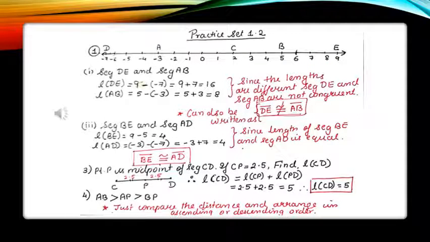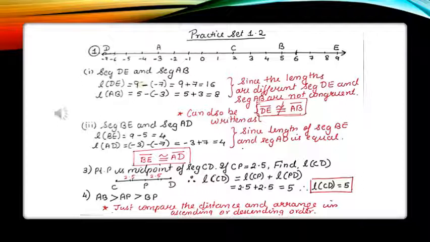So here we have drawn a number line for our reference. We have marked the coordinates given to us. They have told us to first find if DE is congruent to AB. So I have first found out the distance between segment DE and segment AB. So DE, look at the points D and E. You can see the coordinates 9 and -7. So greater minus the smaller. So we get our answer, which is 16. Similarly, we get our answer for AB, which is 8. We compare the values and they are not congruent.